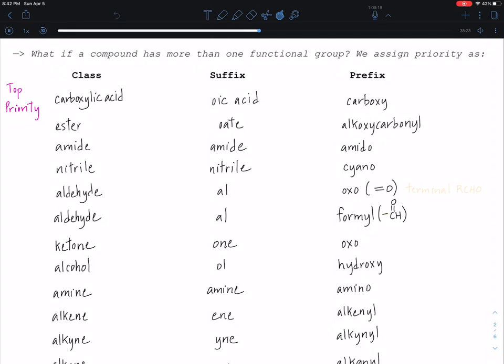After you've named a few of these, this sort of becomes second nature. But I made a list going from top priority to lowest priority for everything I could think of that I could possibly ask you with a molecule with multiple functional groups in this class anyway. And the very top of the list is going to be the carboxylic acid. So if you're going to name this thing for the carboxylic acid, the suffix is going to just be oic acid or ic acid. If for whatever reason the carboxylic acid is not taking priority, say there's 2 carboxylic acids